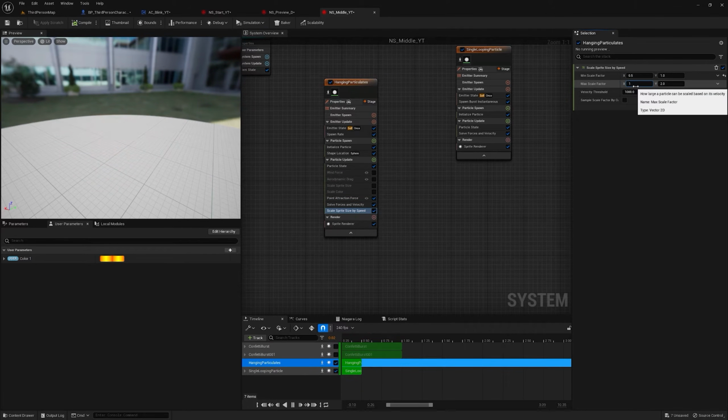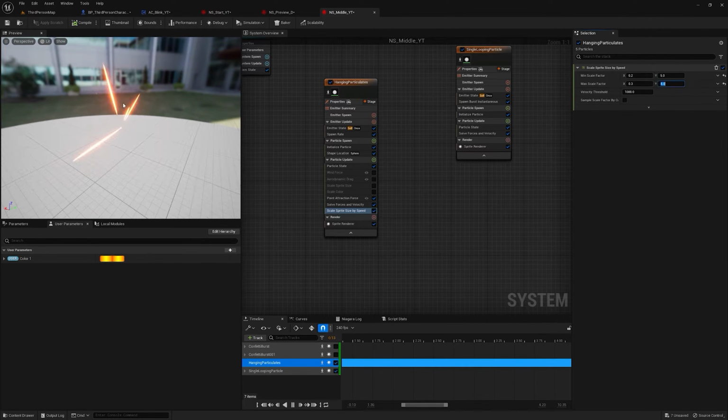This will be 1, and this value should be like 10 and 20, or like 10 and 15, and maybe set this value to like 0.3 and this to like 0.2. Okay, so a better value might be like 5 and 8. So now it is getting attracted to the center. I can increase the spawn rate to like 100